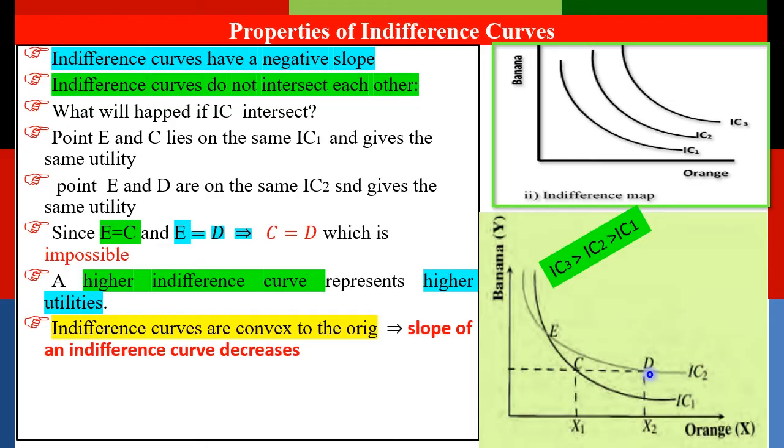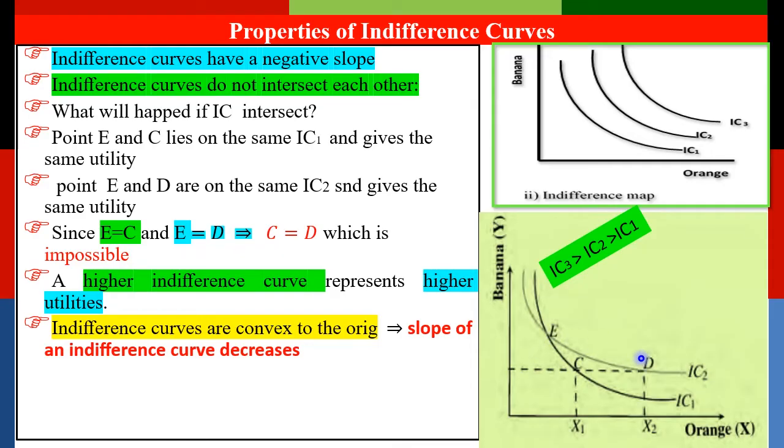Again, those two points lie on the same curve. Therefore, the consumer can get the same level of utility or satisfaction by moving along these curves. Since point E is equal to C, and point E is equal to D,